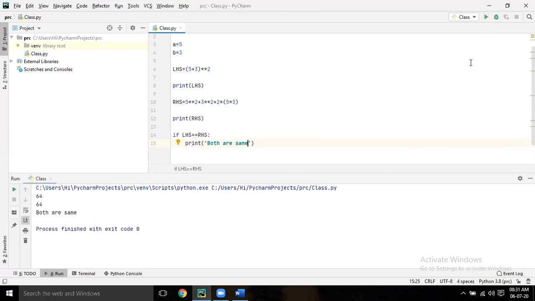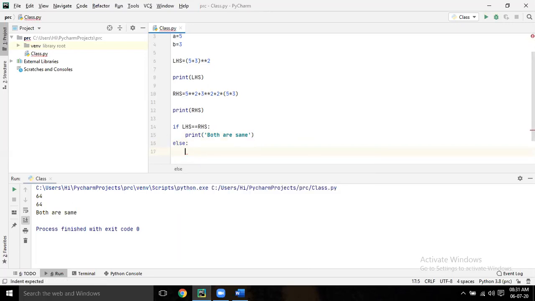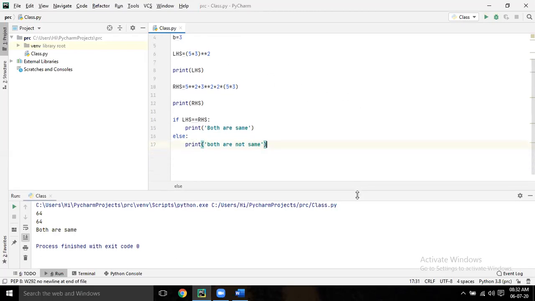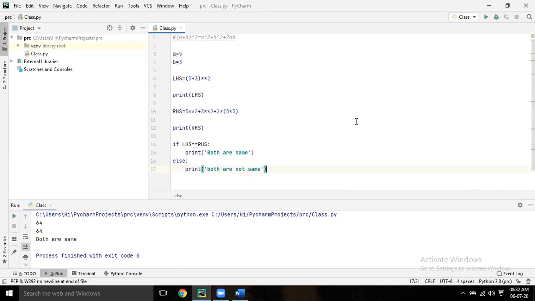Else, you can print: else colon, print "both are not same". Clear? Yes, sir. Perfect.